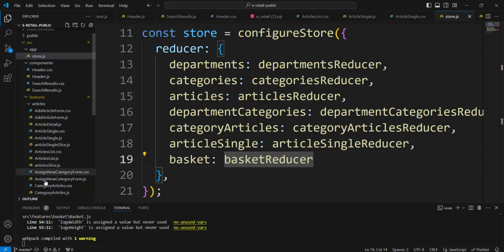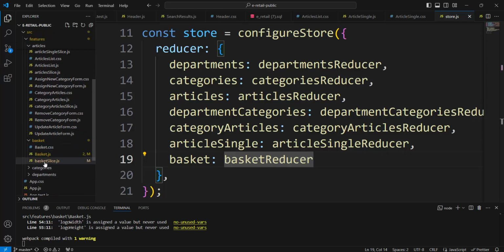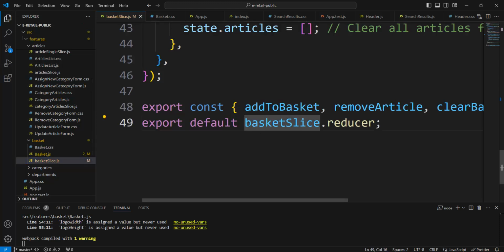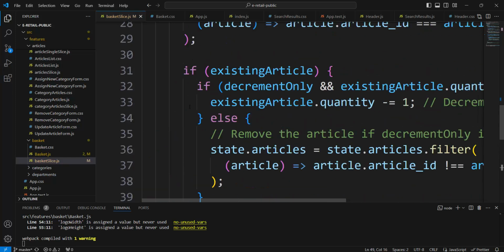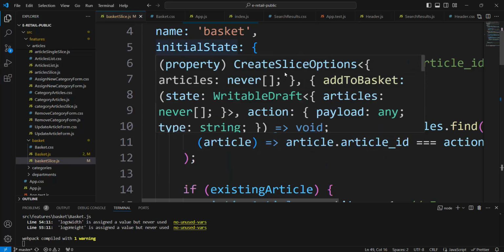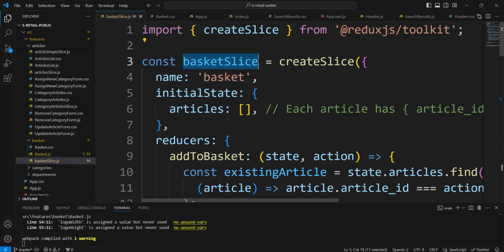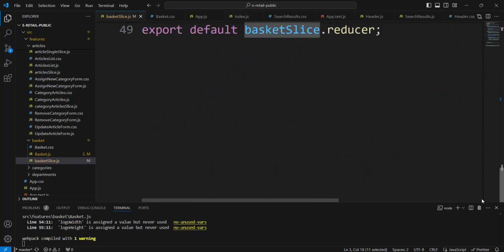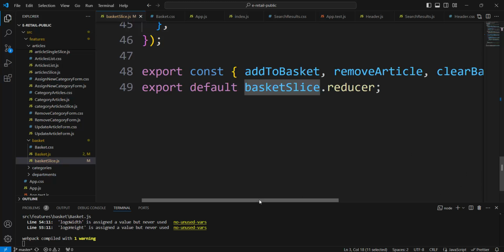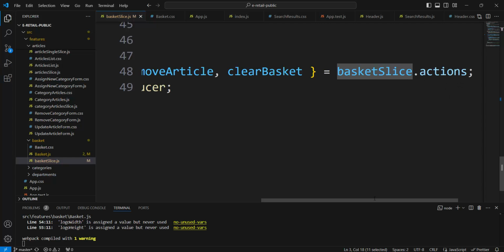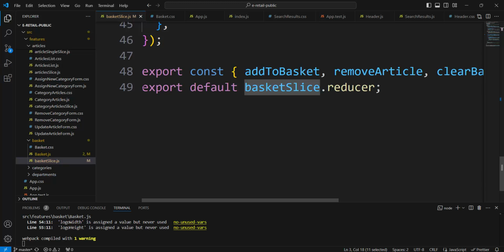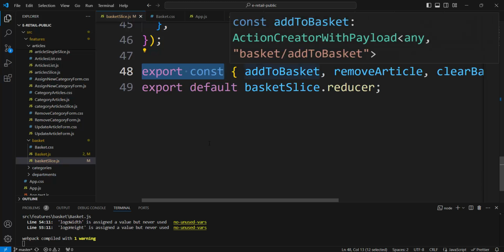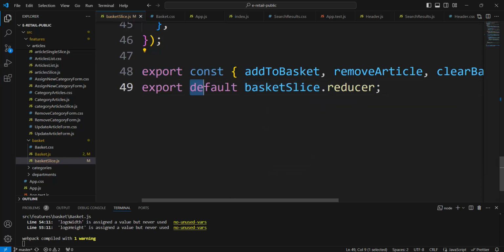And now we can see the basket reducer again. It is the basket slice. You see, nowhere do we have the word basket alone. We always have basket slice. Down we have the basket slice reducer. Basket slice dot reducer. Here is basket slice actions. It is the only difference between default and the others: only one can be default, and all others are not default. The actions here are not default. Basket slice reducer being default means